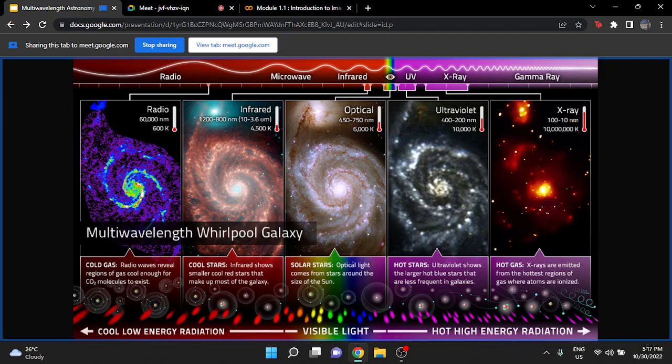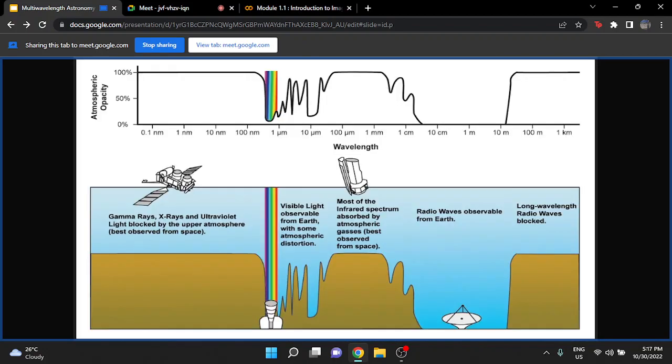And it's interesting to understand that each image corresponds to a very different physical phenomenon. And in this lecture, we'll try to briefly understand some of the mechanisms that are involved in each band. Now, the question is, why are we not exactly able to look at the entire electromagnetic spectrum from the